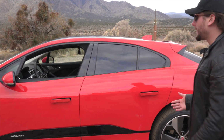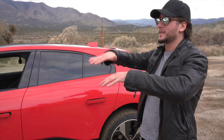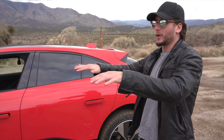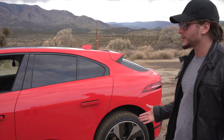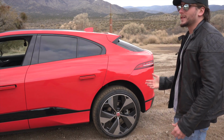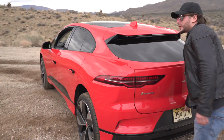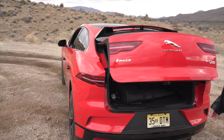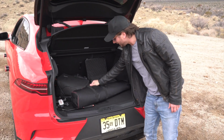It still has a lot of the utility that an SUV will have, which is nice, but the feeling when you're inside the car at the normal height is much closer to a sedan, in my own opinion, than anything else. You don't feel the height advantage that you have over the rest of the cars on the road, which a lot of people like when they're driving an SUV. But personally, it's not something that I favor, so I actually prefer the design of the car as is. Though it also comes with other little disadvantages, like the room, for example. So it's closer to what you will find in a small crossover or a mid-size SUV than anything else. But you still have plenty of room, and if you go back down here, that's where you put